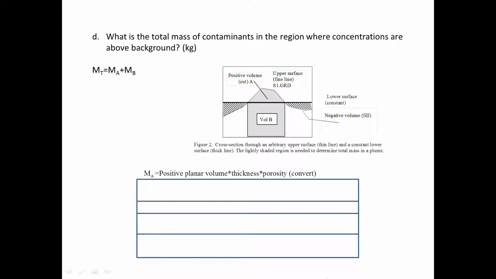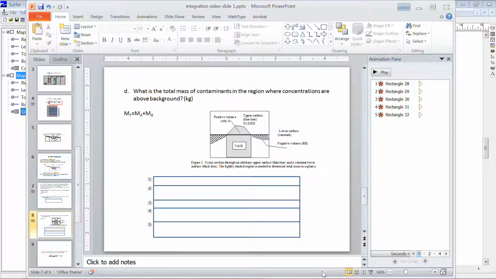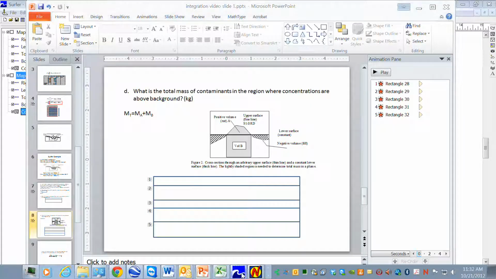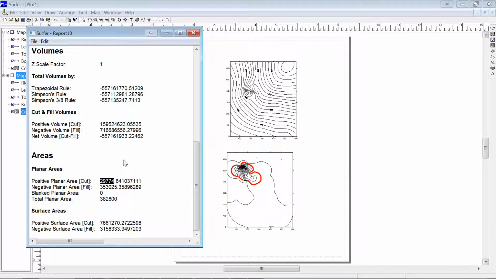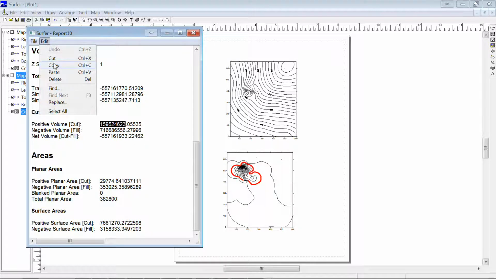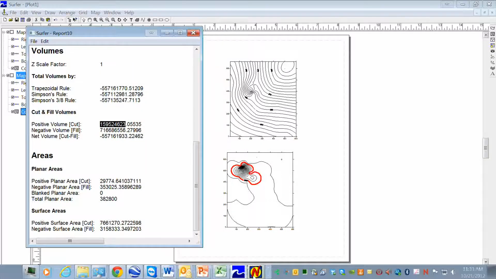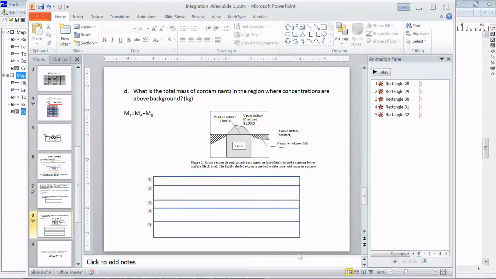So we go back to Surfer, and this integration has been done with the concentration surface and 2,000 as the lower cutoff. So there's the positive planar volume, and we take that, copy it over,